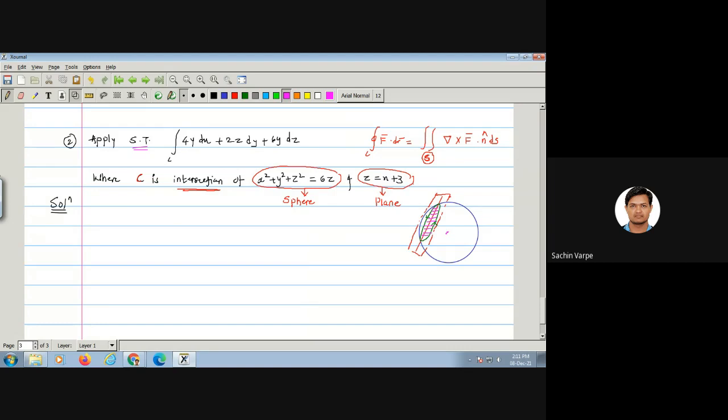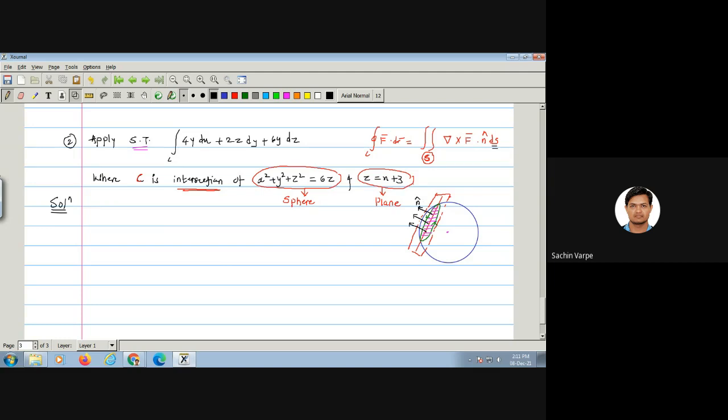So how will you do this? If you want to use the right hand side of Stokes theorem, we need to get n cap, the normal vector, which is perpendicular to this surface, isn't it? So in what direction will that normal vector be? It will be along the surface S direction, right? That will be n cap, and its area element also we should get. So can you predict what is the direction of that normal vector? Because we don't know in what direction that normal is going.